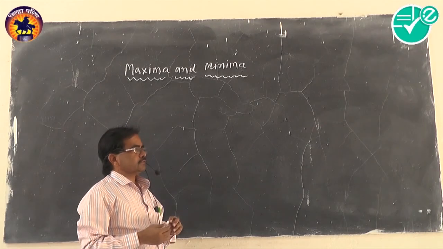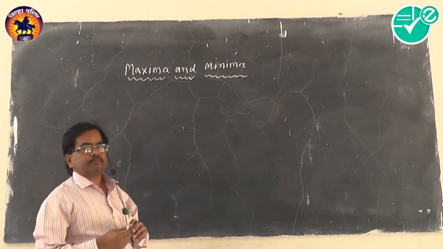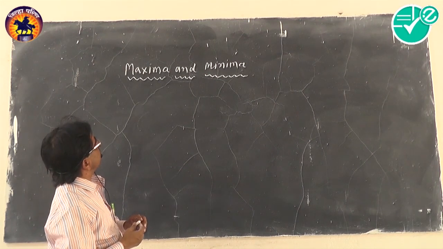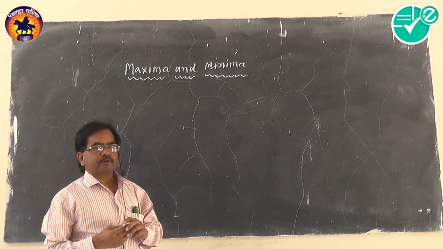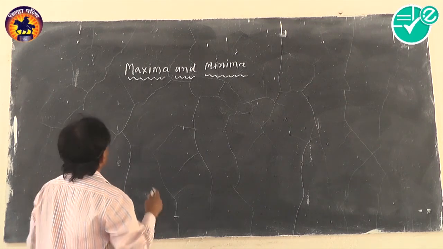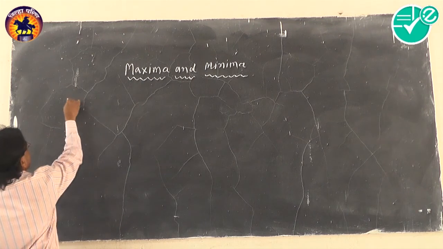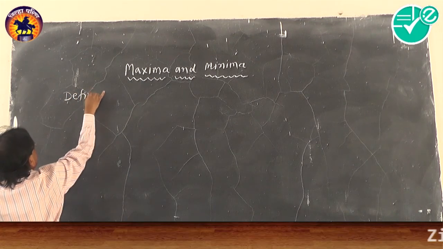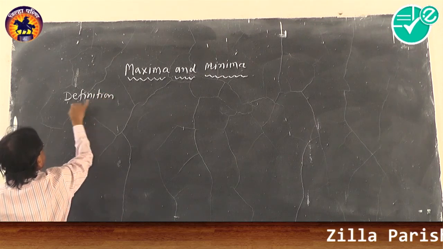We are discussing the application of derivative. Now the next application is maxima and minima of the function. Now we can define what is meant by minima and maxima of the function. Definition: